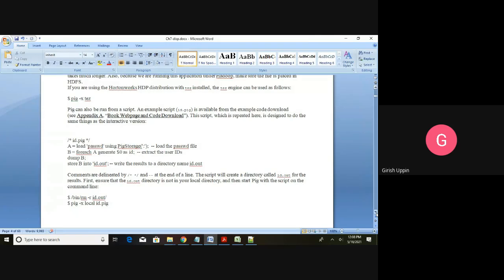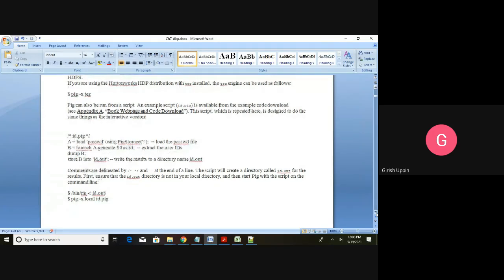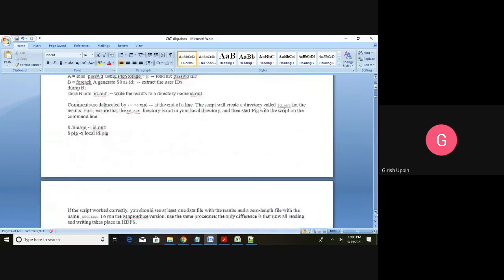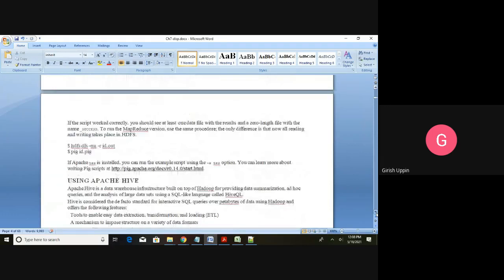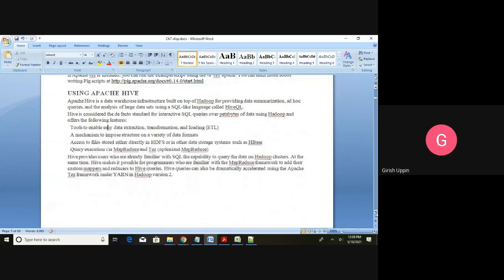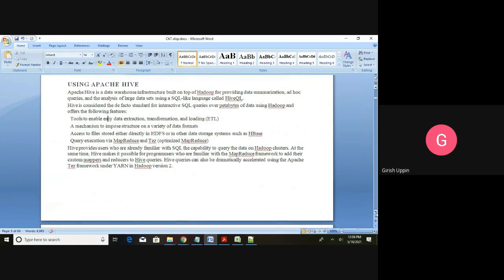Once it is working perfectly fine, then it will be run as MapReduce. So there is no change from the developer's perspective. Just instead of local, he will be either saying MapReduce, or if Tez is available, then he will be providing Tez. Tez is nothing but a very optimized engine which runs the MapReduce program very quickly.